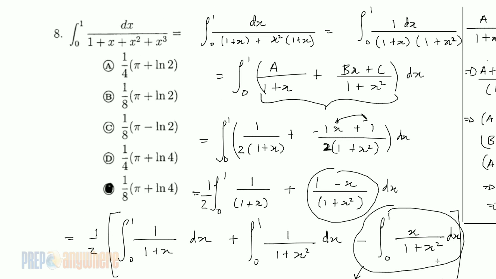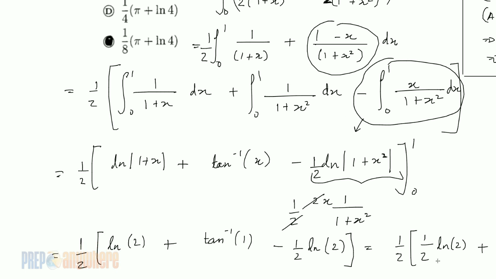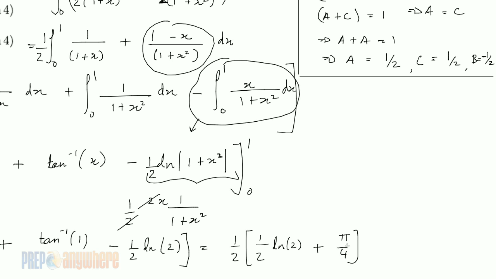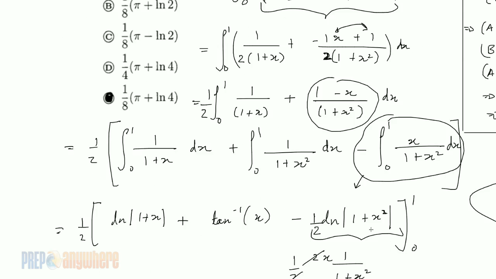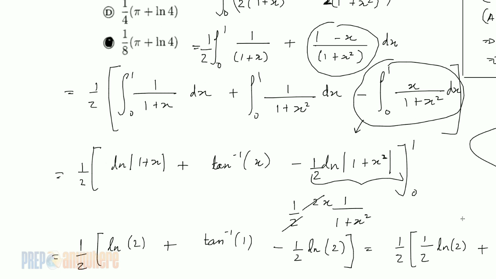Now, I want to express this in the form that the answers are written. And so, what I need to do is factor out a common factor of 4 from the denominator. What this is going to do is make the whole expression look like this. We had a half. I'm factoring out 1 over 4. So here, I'm going to be left with 2 times natural log of 2 plus pi. But we can simplify this term. If you remember your rules of logs, this simplifies to natural log of 2 to the power 2 plus pi, or in other words, natural log of 4 plus pi. Okay, let's go back to our answer. 1 over 8 plus natural log of 4, meaning the answer is